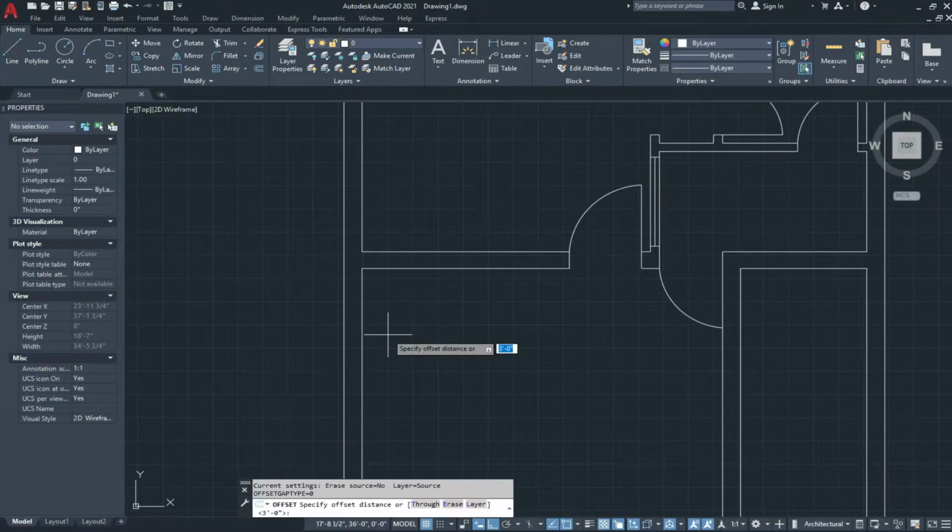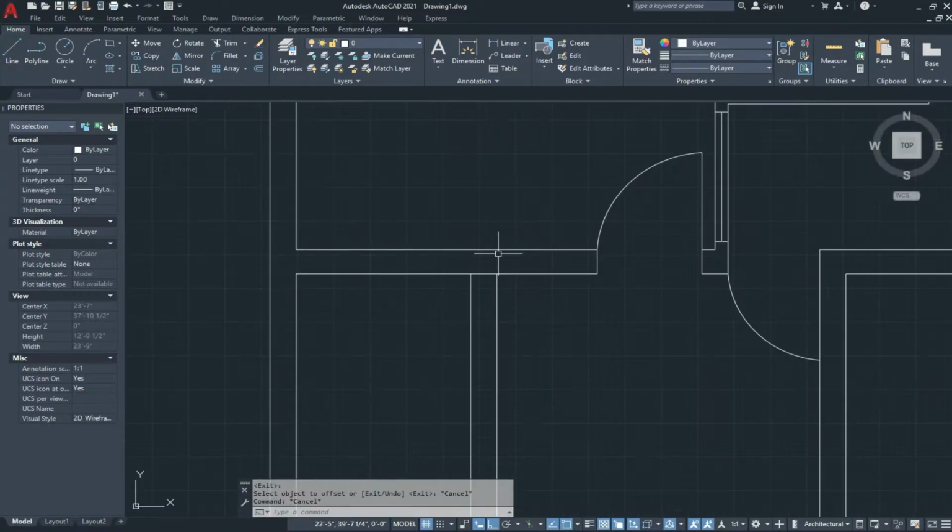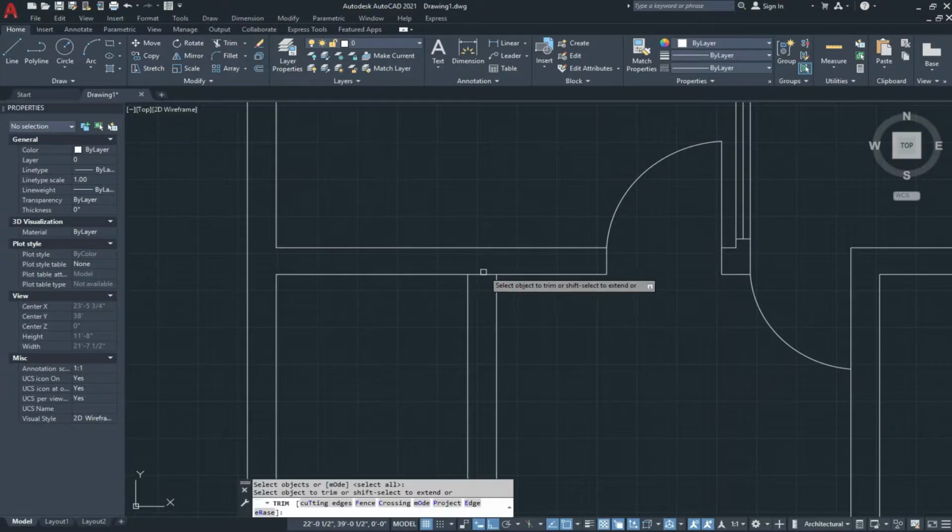Now we give the offset 5 feet, and get the offset 9 feet 6 inches.